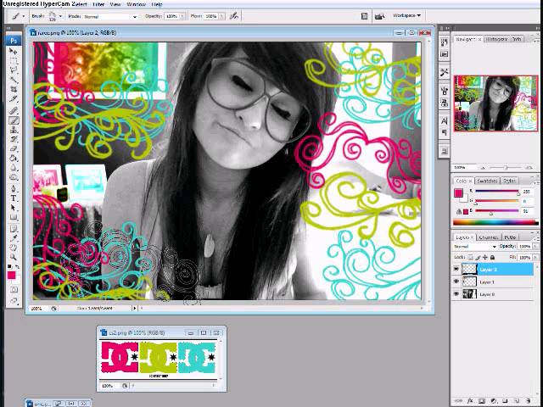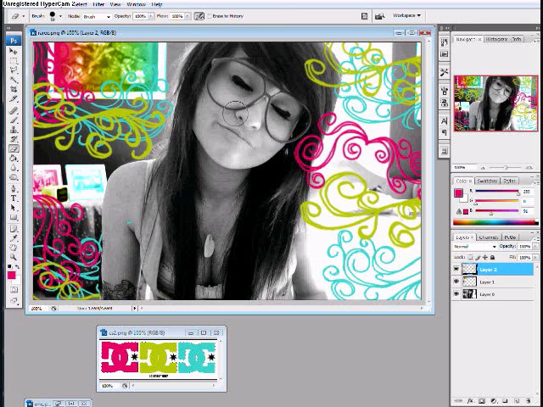Okay, so now that you've added the brushes where you want them and it looks good, as you can see, there are some brushes overlapping my person. If it's like that with yours, you just want to take the eraser and go over where you don't want there to be brushes. That's all. Okay, so now you want to make a new layer, and you're going to take the paintbrush tool,